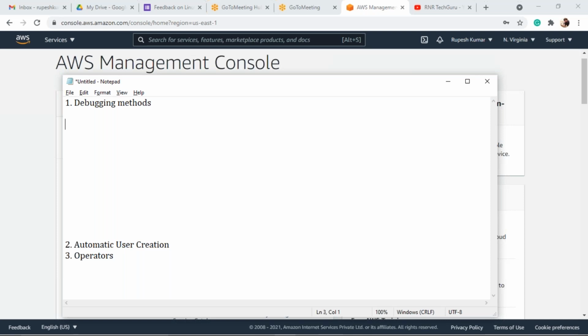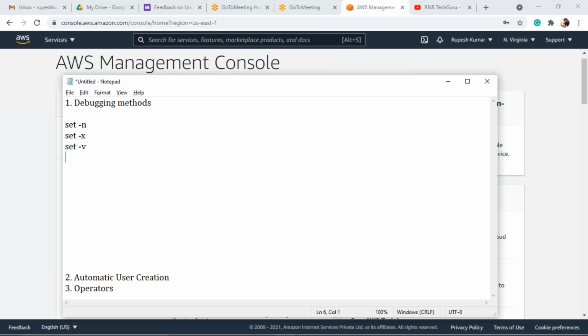Set -n, set -x, set -v. We have other debugging methods also. We will discuss these debugging methods in this session.